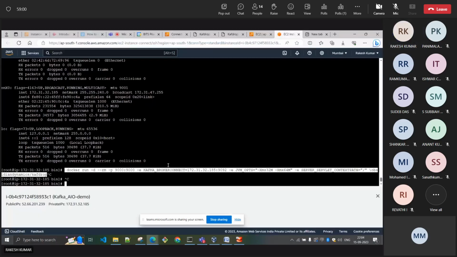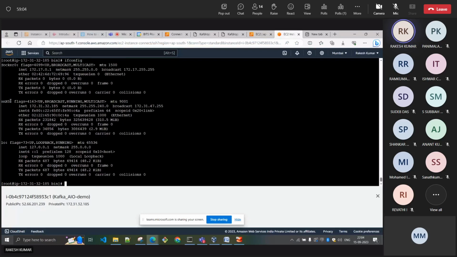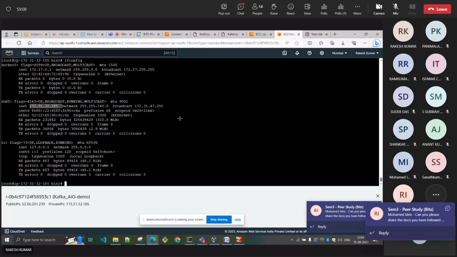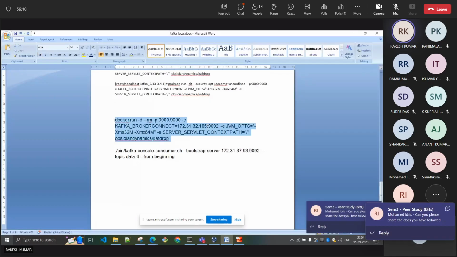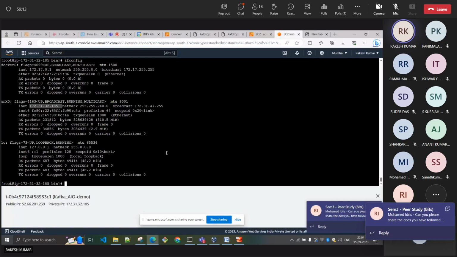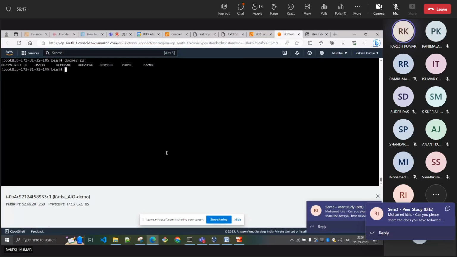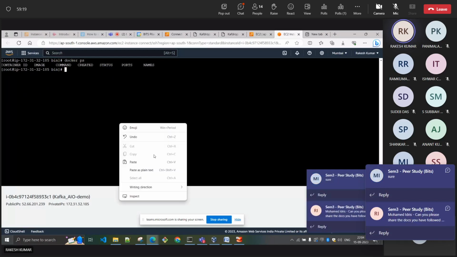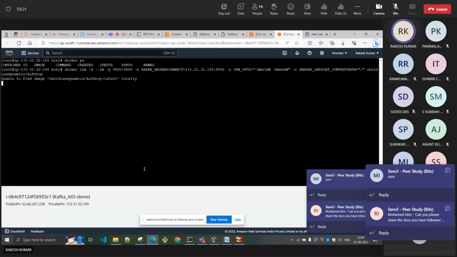How do you get it? Just run the command ifconfig, and here it is available in enx0. Okay, I'm running this now. If I show you docker ps, there is no container running. If I paste it,